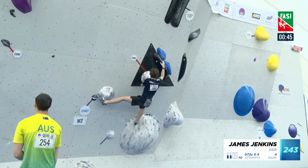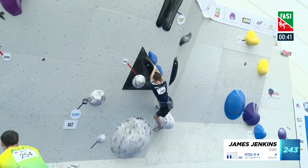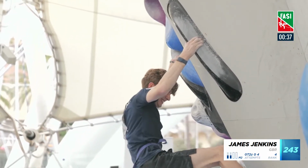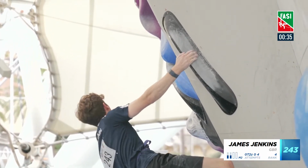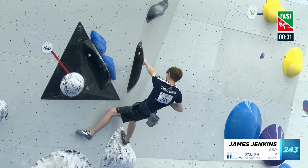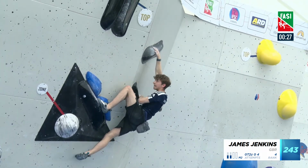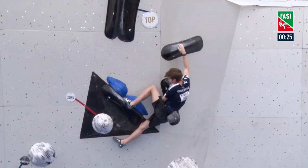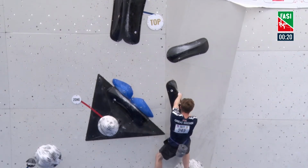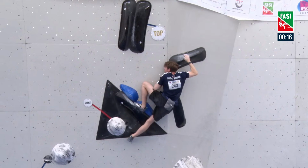Now back with James on men's 2. Lucas from the Czech Republic, only 16. Impressive top. See if James has decided on a way to close this boulder. Did he have his chalk bag on his last attempt? He's carrying a chalk bag with him. Obviously feels like maybe that last hold does not have much chalk, which will affect the friction. He's already had a feel of it on his previous go, so